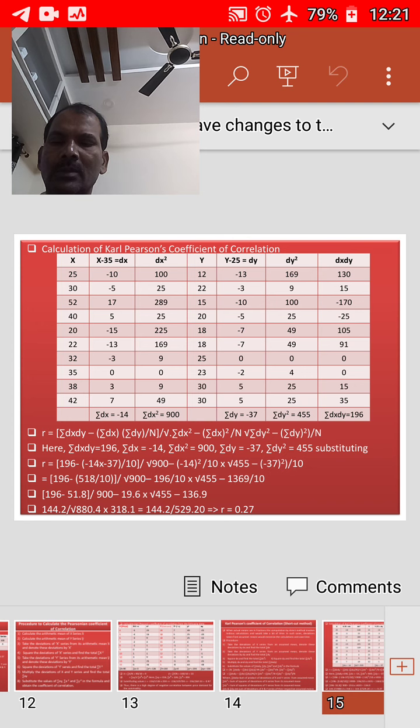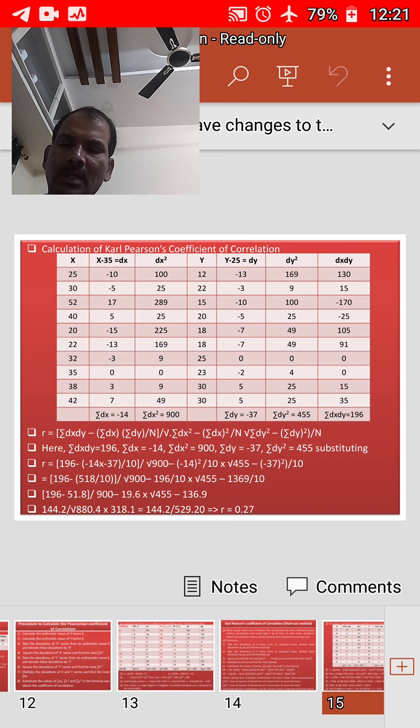If you simplify this, 196 minus minus 14 into minus 37, you get 518 by 10, divided by under root 900 minus 14 whole square, which is 196 by 10, into 455 minus 37 whole square, which is 1369 by 10. Now 196 minus 518 by 10 is nothing but 51.8, that is 196 minus 51.8, and